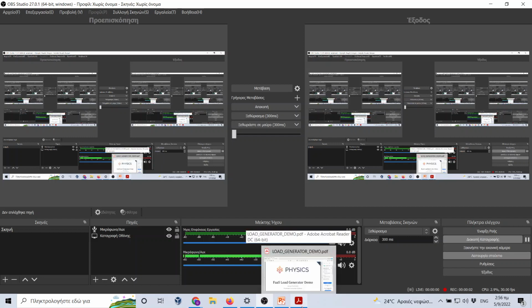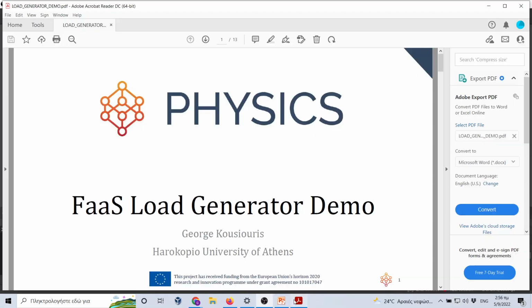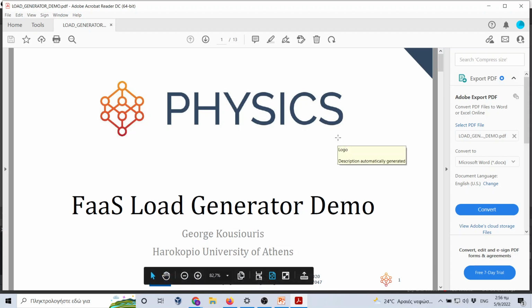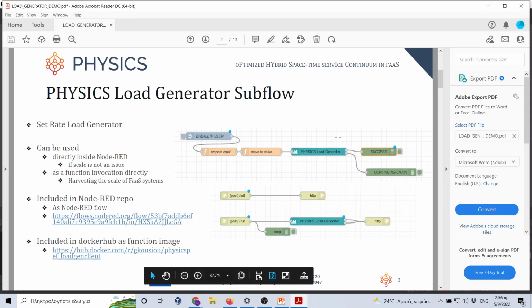Hi all and welcome to the physics fast load generator demo. The aim of this demo is to introduce the set rate load generator that was produced in the context of the physics project, which is implemented as a NodeRed flow, includes a relevant subflow for this reason, and as such